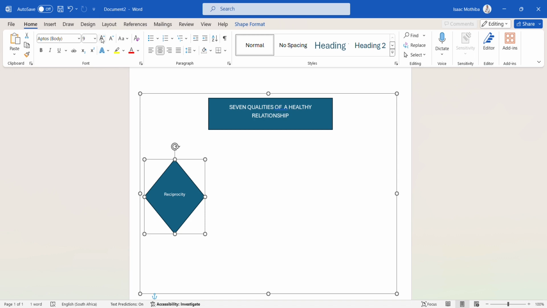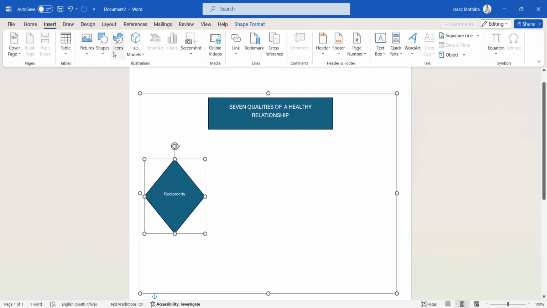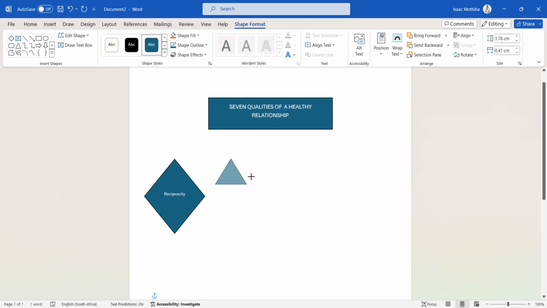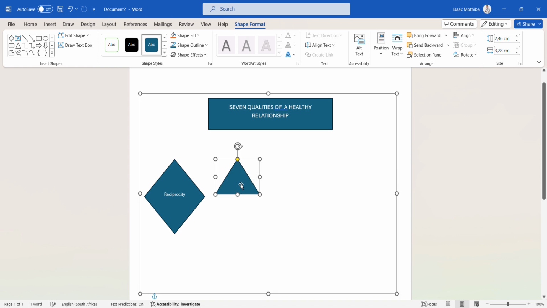Okay, first shape inserted. Insert another one. For this one I can insert a triangle and put it here. So I'm just going to insert a variety of shapes so that you will be able to see